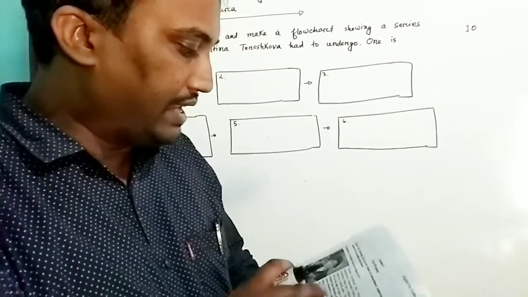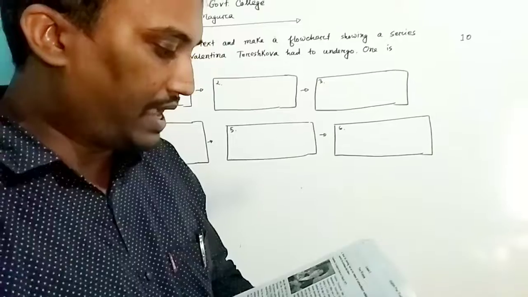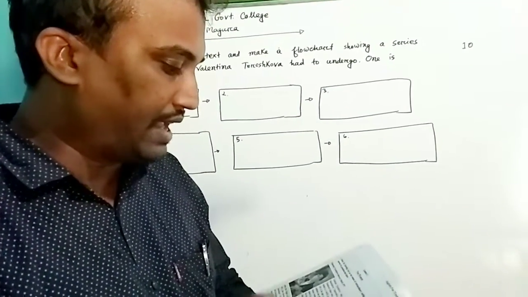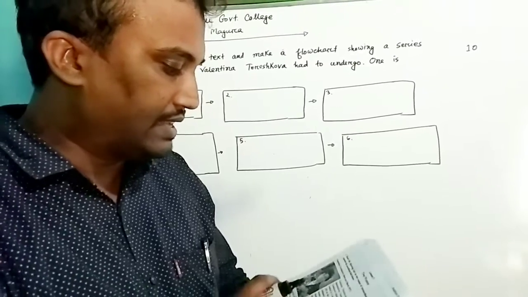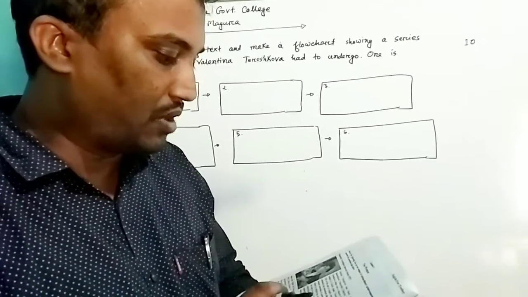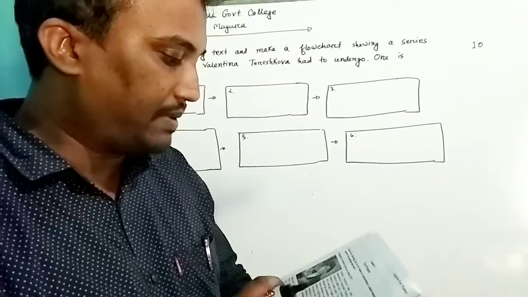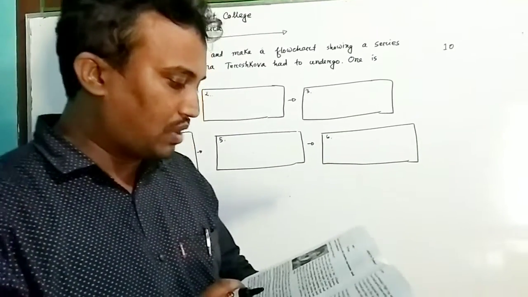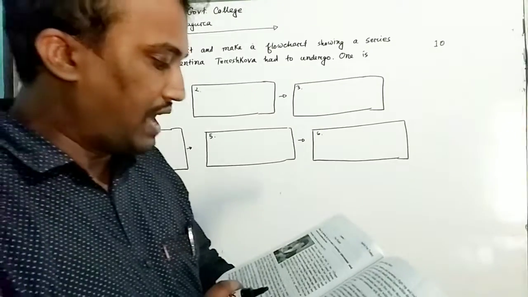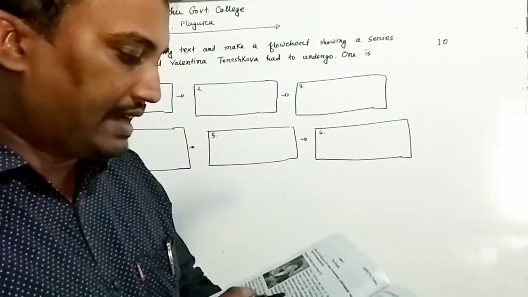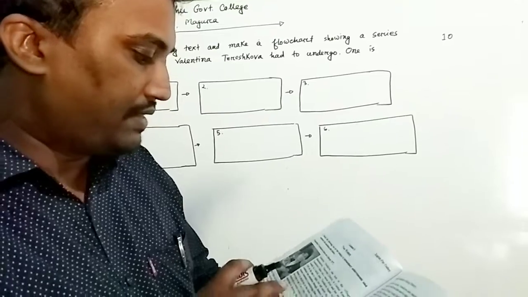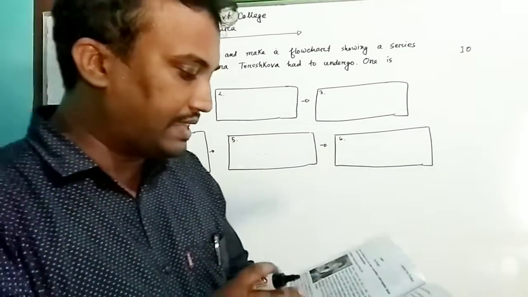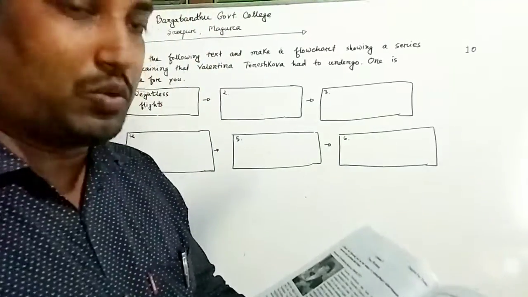Tereshkova began school in 1945 at the age of 8, but left school in 1953 and continued her education through distance learning. She became interested in parachuting from a young age and trained in skydiving in the local aero club, making her first jump at the age of 22 on 21st May 1959. At the time, she was employed as a textile worker in a local factory. It was her expertise in skydiving that led to her selection as a cosmonaut.